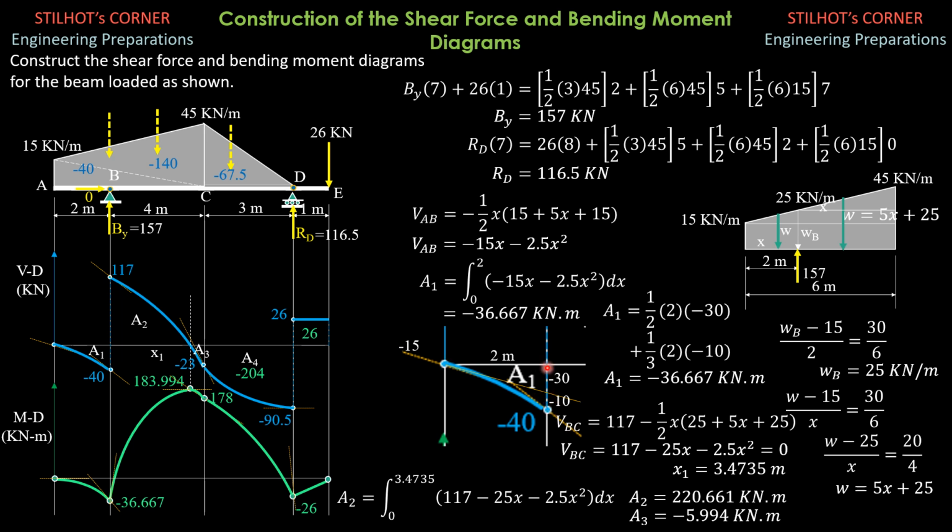So this area 1 is area of right triangle plus area of spandrel. The area of right triangle is 1/2 of 2 times negative 30, plus area of spandrel 1/3 of 2 times negative 10. So the area 1 is also negative